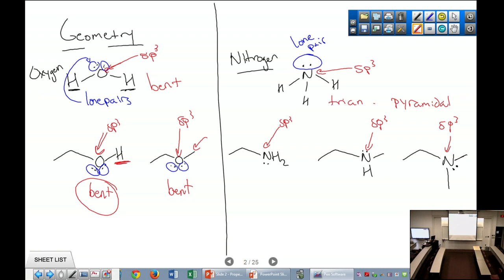Okay. So we have nitrogen. You've got three groups, right? And a lone pair, again circled in blue. The nitrogen here is sp3 hybridized, and its shape is trigonal pyramidal. But you can see I cheated and just wrote trigonal, and I can't spell. Right? So doesn't matter if you have a primary, secondary, or tertiary amine, they're all going to be sp3 hybridized. They're all going to have a lone pair. So all of these nitrogens are going to have the same geometry as ammonia, being trigonal pyramidal.